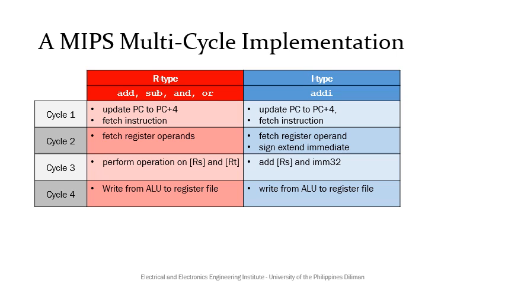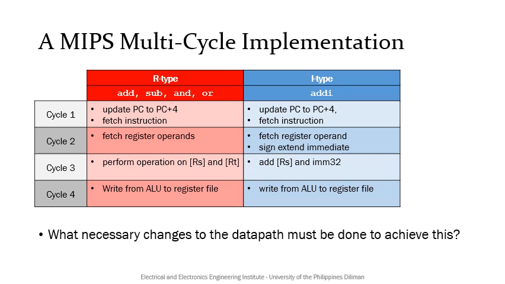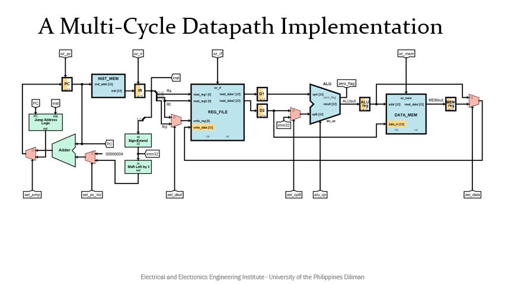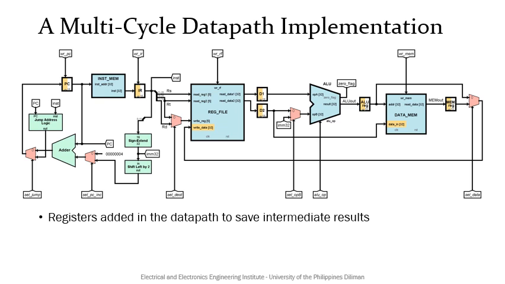at clock cycle 3. Now that we have divided the instruction execution for R-type and add-I instructions, what changes then do we need to apply to our data path to achieve this behavior? To do this, we put registers where the flow of signal is to be cut or blocked by a clock edge. Aside from blocking the signal, these registers also act to save the intermediate result in between instruction execution steps.